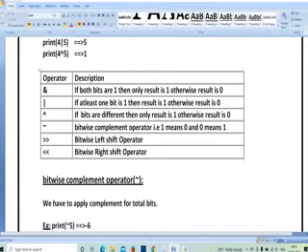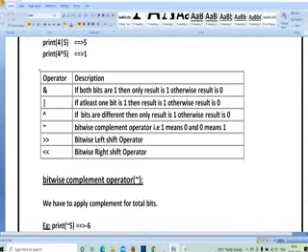Next, the left shift operator. For example, I have given 1 2 3 4 5 6 7 8. If I perform the left shift operator, whatever elements are present on the left side, 1 2, it is going to shift the values by 2 bits forward. Means I am going to get 3 4 5 6 7 8, and the last two positions will be empty. Why? Because the first two values were shifted out. In the same way, right shift means the values will be moved from the right side to the left side.